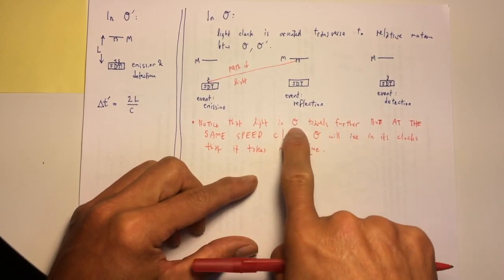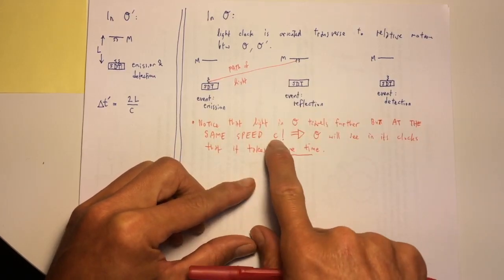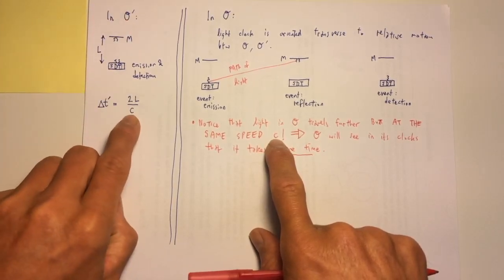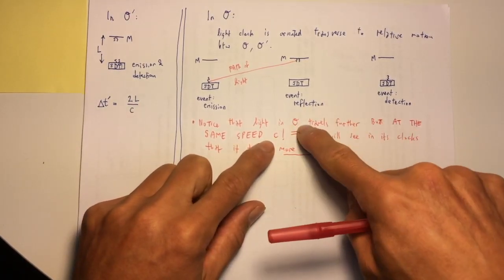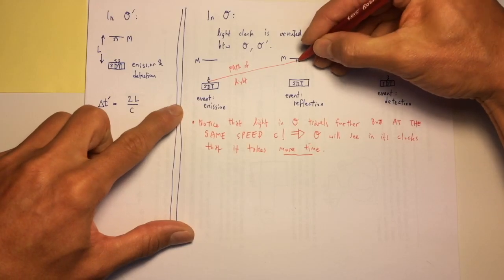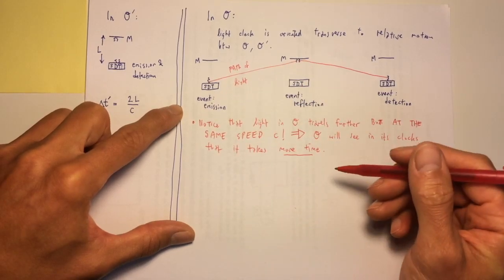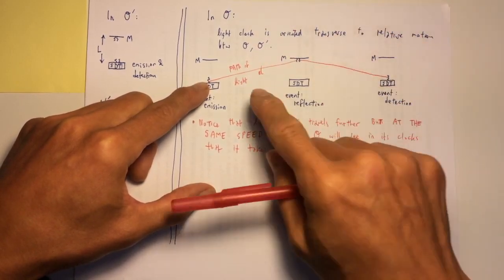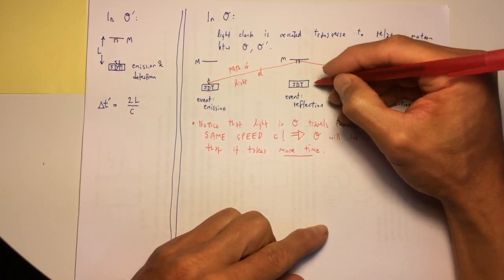What's weird is O is still going to notice that the light travels along this longer path at the very same speed that O prime sees, right? So O prime uses the speed c to travel the distance 2L, but over here O is going to see the light travel longer than the distance twice L, right? The distance that this light has to travel is twice the distance of whatever this hypotenuse is. So that's what we need to figure out, is how long is this distance in O, right, from here to there. So the way you figure that out is you say